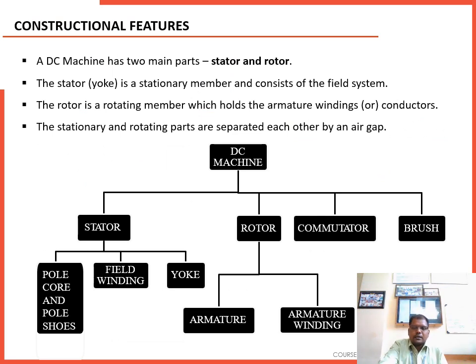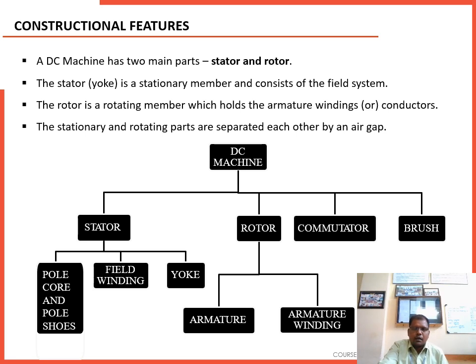Next, coming to the construction features of the DC generators or DC machine. Generally, the DC machine has two main parts, stator and rotor. The stator consists of the pole core and pole shoes, field winding and yoke. The rotor consists of the armature and armature winding, commutator and